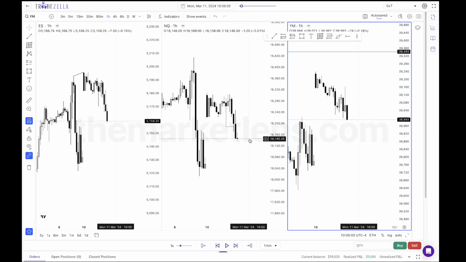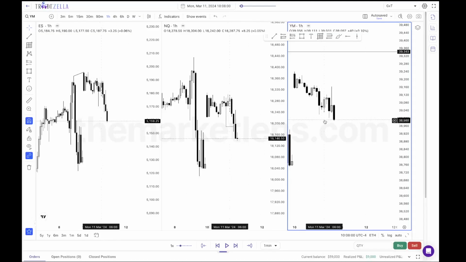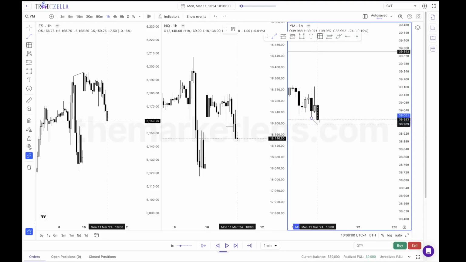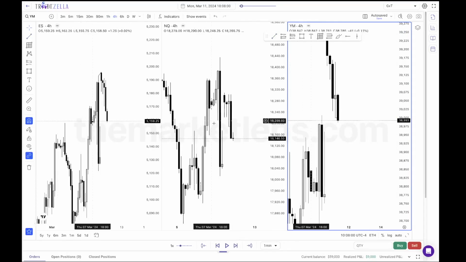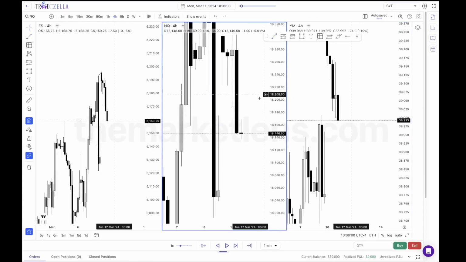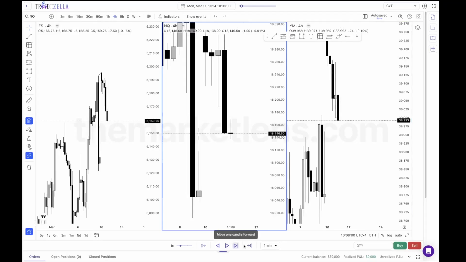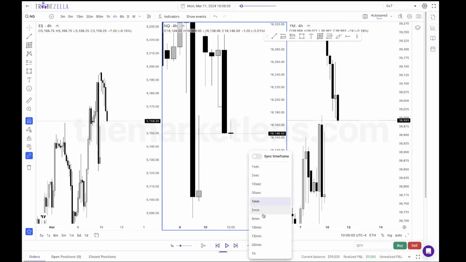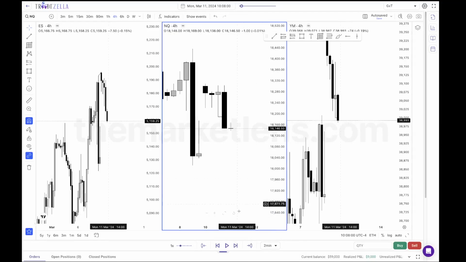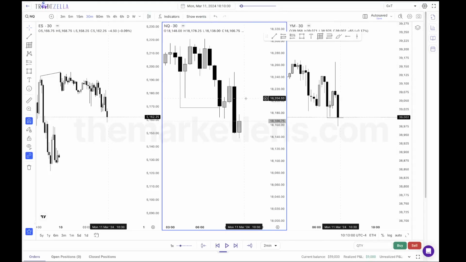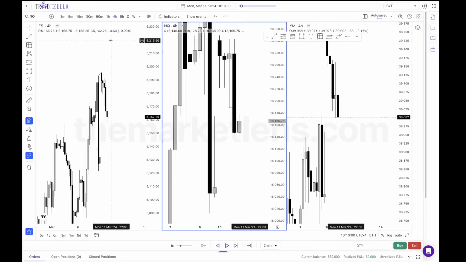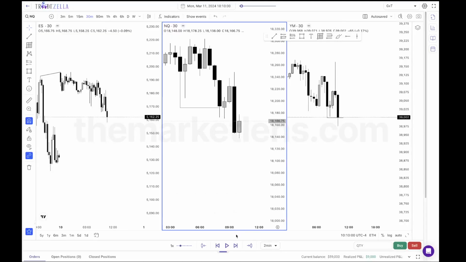But at this point, 930 kind of failed. The only objective we have here is this asset breaking the SMT. So we would need a 10 AM reversal essentially, which is right now actually. This is the only thing that can happen, but it's a little bit lower probability in my opinion. So we need to see some sort of actual willingness to trade away here. So let's wait for a closure. That's the first step, right? Because we have the 10 AM open. Now we need a closure to confirm the 10 AM low essentially.